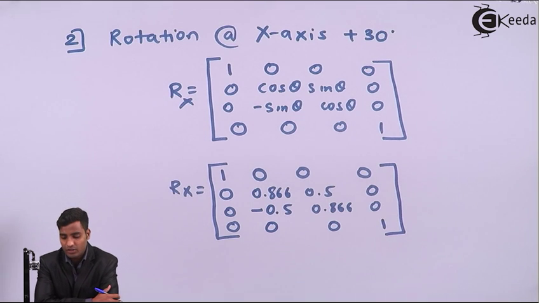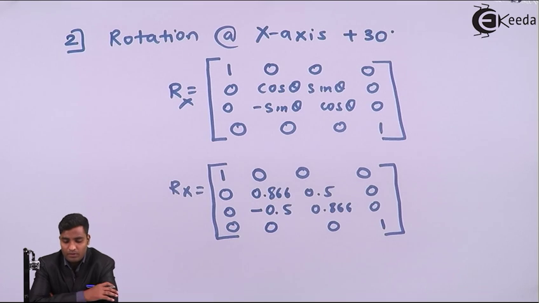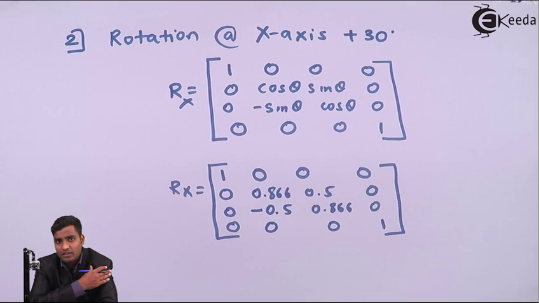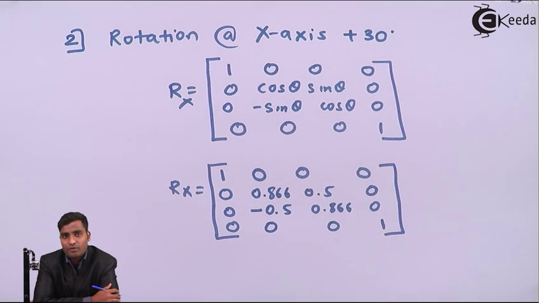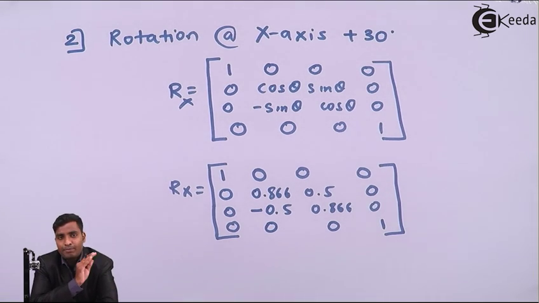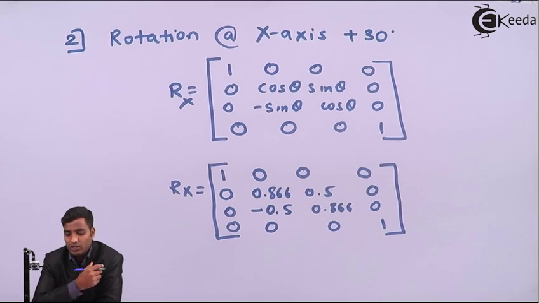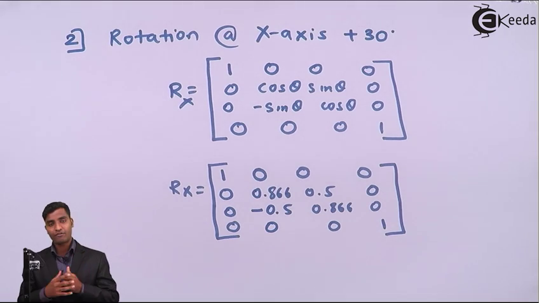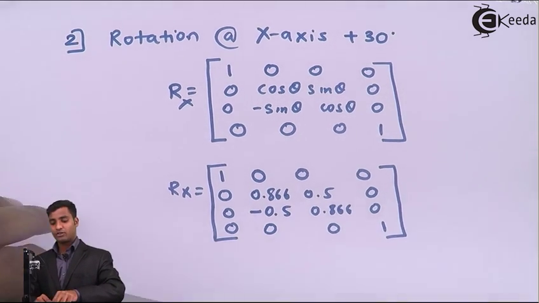So we successfully rotated that point about the x-axis. The point was originally away from the origin. For performing the rotation, we brought that point to the origin, that is, we translated that point to the origin so that we can perform rotation. Now that the rotation transformation has been performed, we will place that point back to its original position. So now we will do back translation, because earlier the point was away from the origin, so we will place it back to its original position.